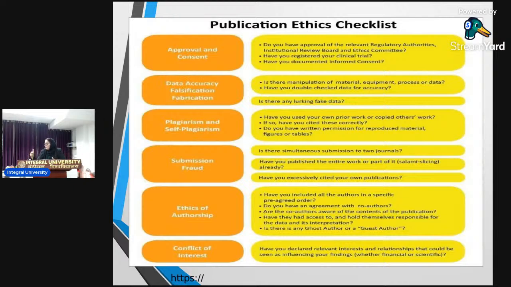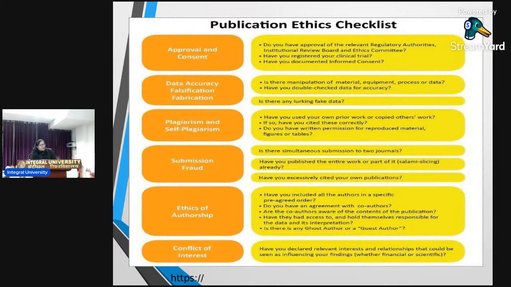So this again your PI has to take care of, but you as a student have to remind them, okay, sir, we have these many people in the authorship list, so do we have consent from all of them, right? Because they are equally responsible for the integrity of your data. So if your paper comes into question, their reputation is also damaged, right?